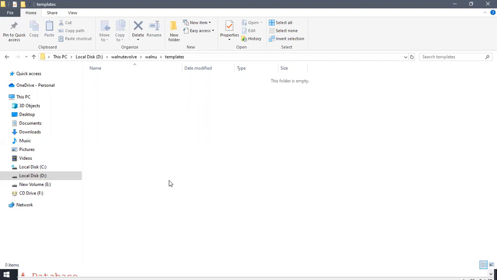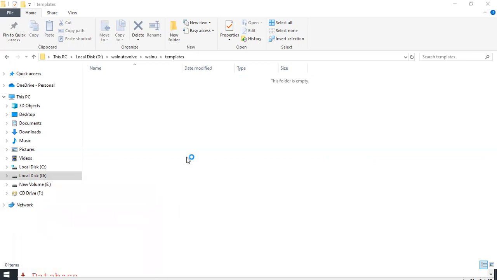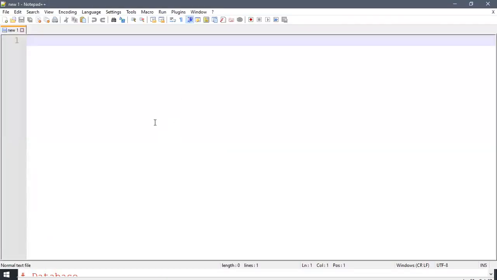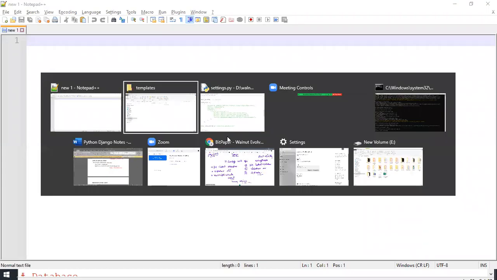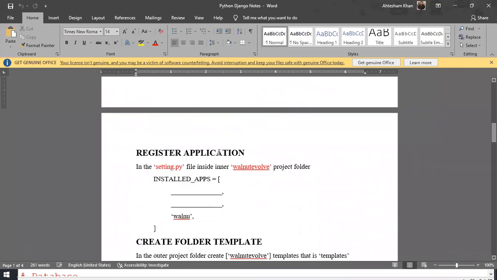So first of all, I'm taking an empty file, that is it, right? Now I'm copying short code from my notes,